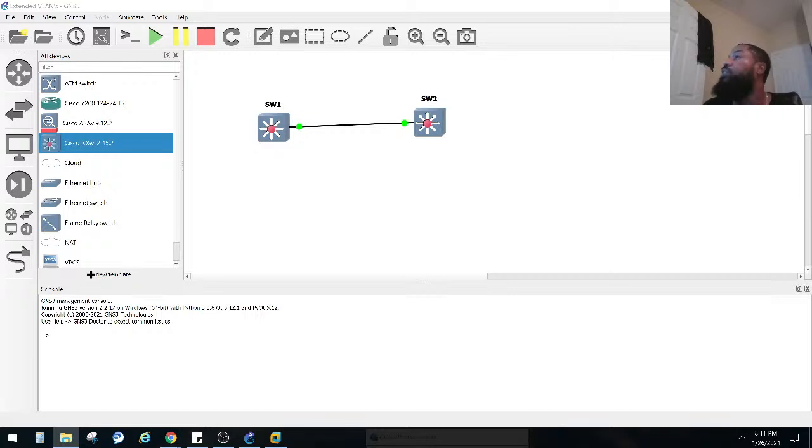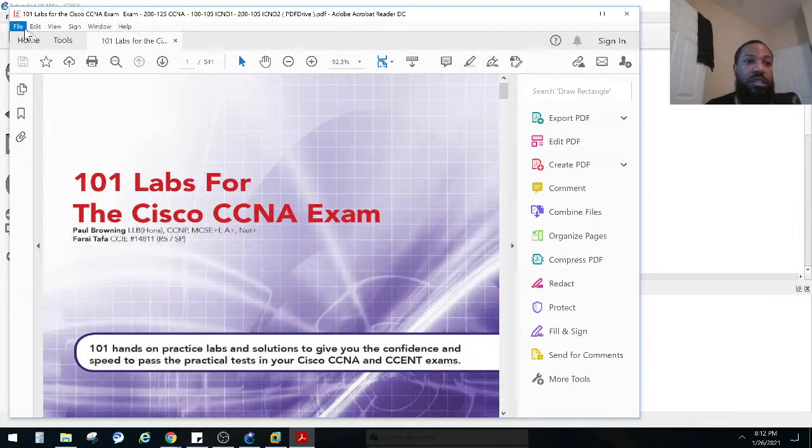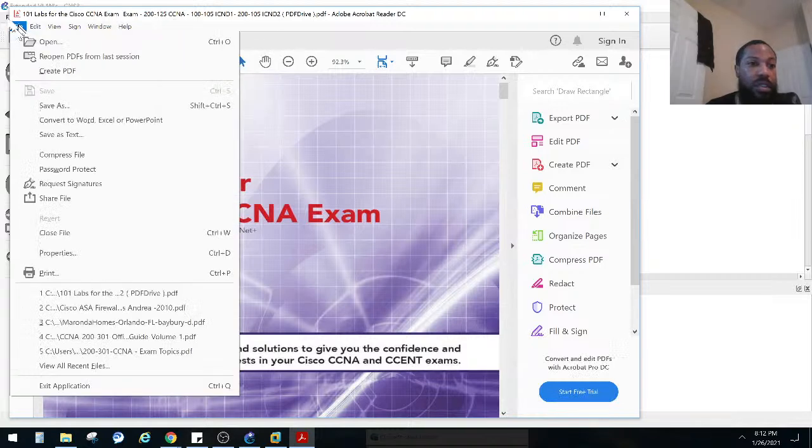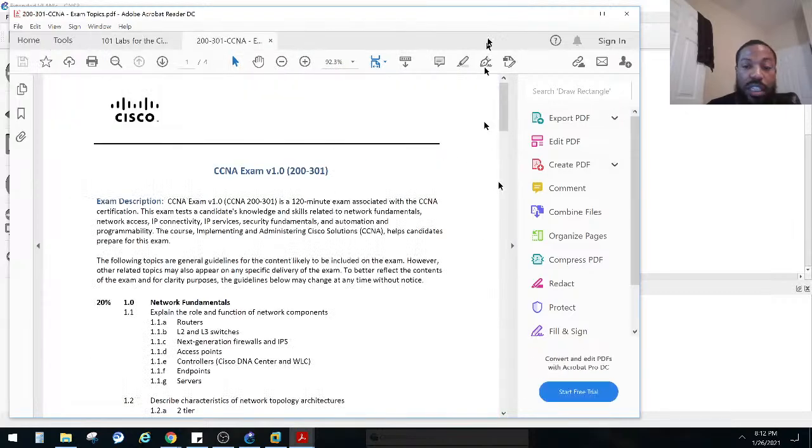Let me check where those documents are at. Okay, back up. I think here's what I was looking for. Books. Let's do this. That's CCP. Okay, I know where I'm at. I know what I'm looking at. Y'all get these 101 labs. Okay. This was the old book. That was the old book, y'all. We are gonna go to the exam topics, right? As y'all can see,